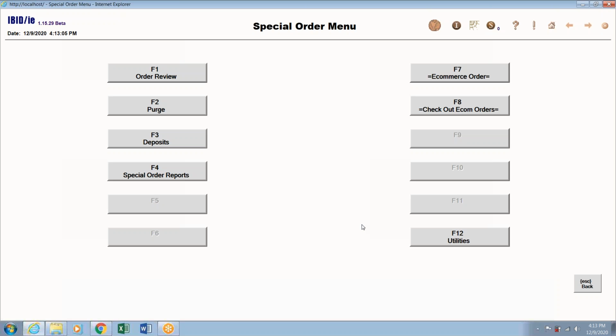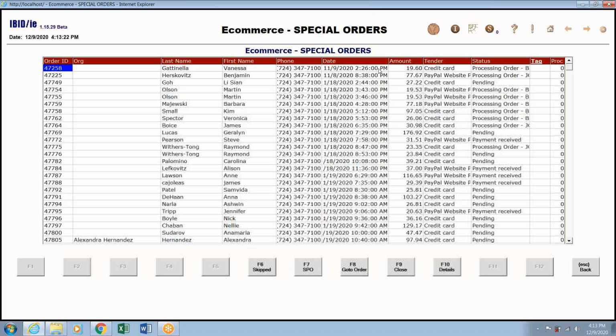The utilities are gone over on another video. This video will primarily concern itself with the F7 e-commerce order screen, as it is the primary screen for processing orders. When entering this screen, the user will be displayed a list of all the unclosed e-commerce orders that have been downloaded by Indie Commerce to the store system. The e-commerce orders are refreshed on a 20-minute cycle. This first screen will show any order that is not closed